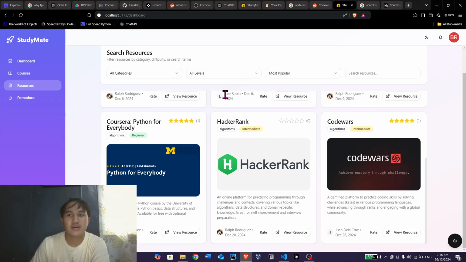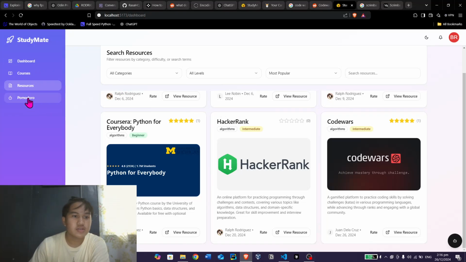So by the way, our system has two roles or views, a student and an admin. So the admin is the one who manages the submitted resources, whether he or she will decline it or approve it.